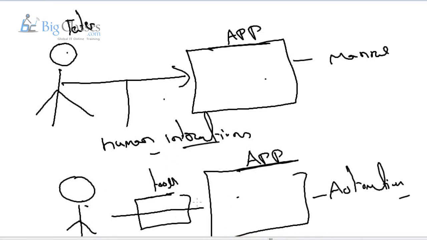It's called automation testing. Once again, guys, software testing has two ways. One is manual testing. The second is automation testing. So what is manual testing? What is automation testing? Simply, conducting testing on an application by human interactions is called manual testing. Automation testing is a process to conduct testing on an application with the help of tools and software.